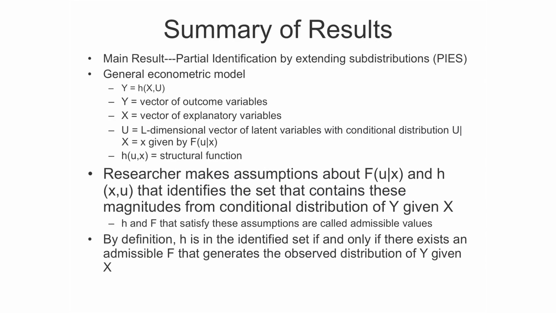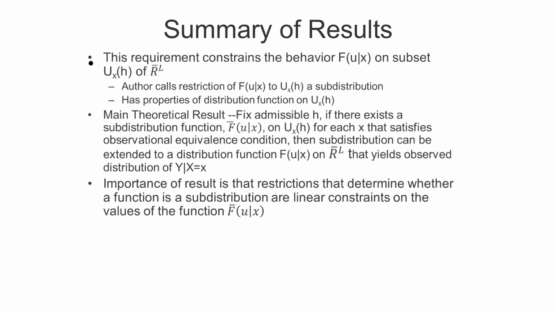The general framework of what he considers is what he calls partial identification by extending a distribution. This is the abstract version of what he's talking about, and I think it's a nice way of thinking about it. He says: what I'm going to do is make assumptions about the unobservable and the function that links the unobservables and the conditioning variables to the observed endogenous variables, such that I can recover the H and F from the conditional distribution of y given x. These are called the admissible values H and F. Then H is in the identified set if and only if there exists an admissible